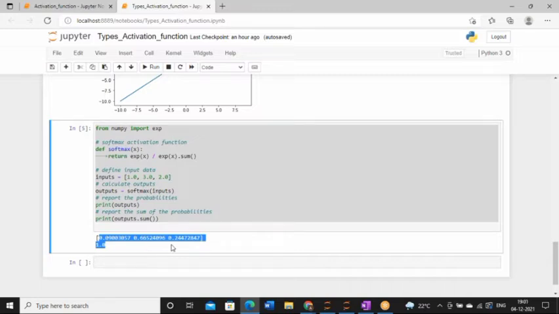To understand this, we have to understand 2 or 3 more topics. The most important activation function is the softmax function, which is used in the output neuron of a particular neural network architecture. And now we have to focus on understanding this softmax function because it is not so easy to understand.